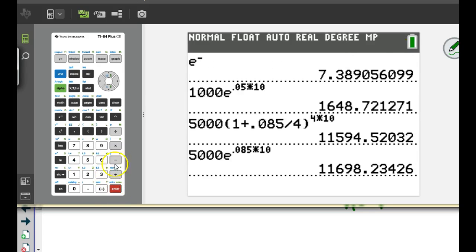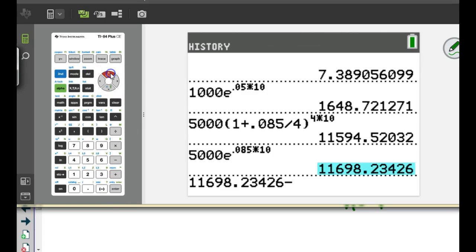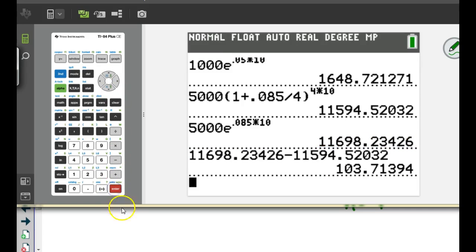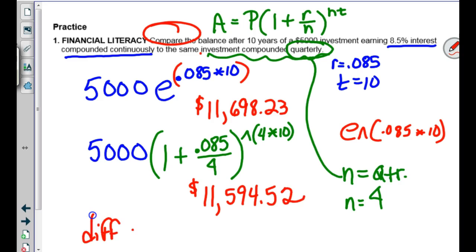So what's the difference? Yep. What was this one? Somebody tell me this one again so I can put it on the slide. 11,52. And we said a difference of,